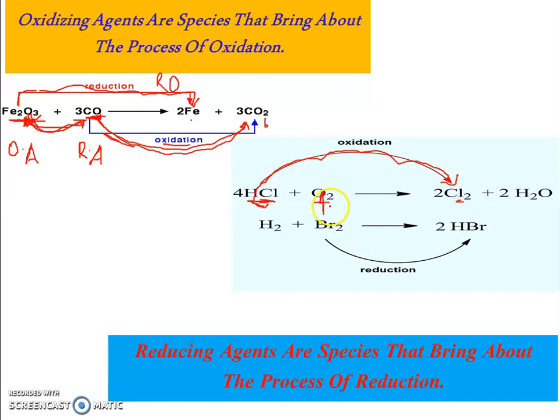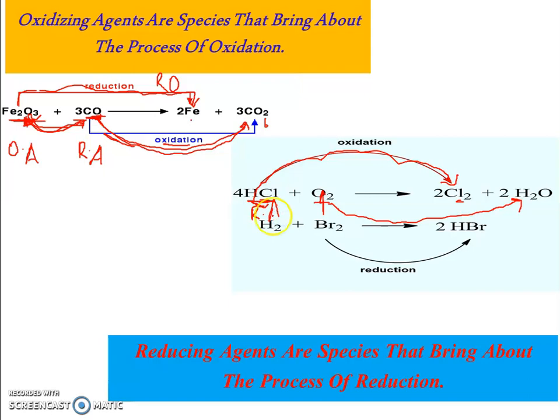Now, you can also see the same thing for oxygen gas. You can see here that oxygen gas is just on its own in this place, but at the end of the reaction you can observe here that hydrogen has been added to it, and the addition of hydrogen, like we said the other day, is reduction. Now, what was the substance that caused hydrogen to be added to it? It's very clear here, and you can see it is what? Hydrochloric acid. So hydrochloric acid is going to be the reducing agent,